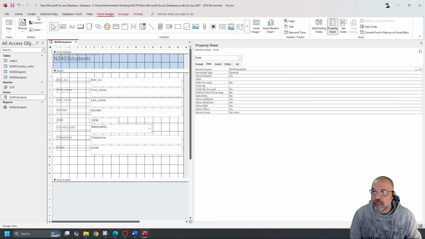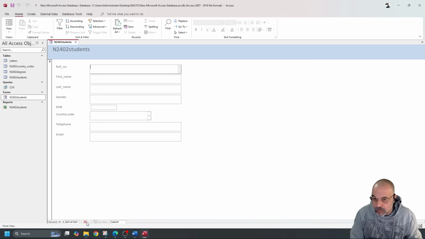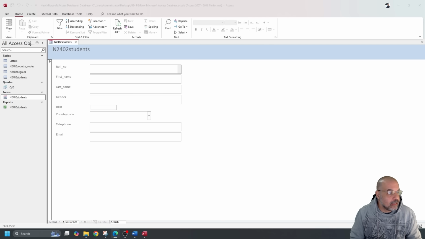So if I click over here, click on save, go to normal. Now I've got a whole tutorial on creating data entry forms, how to add buttons and make them look user-friendly. You should know how to do that. I'm not going to bother with that here, but it's a really long tutorial. So at the bottom here, you've got this little sun with a little right arrow. I'm going to click on that to go to the next record. And I'm simply going to copy paste this information over here